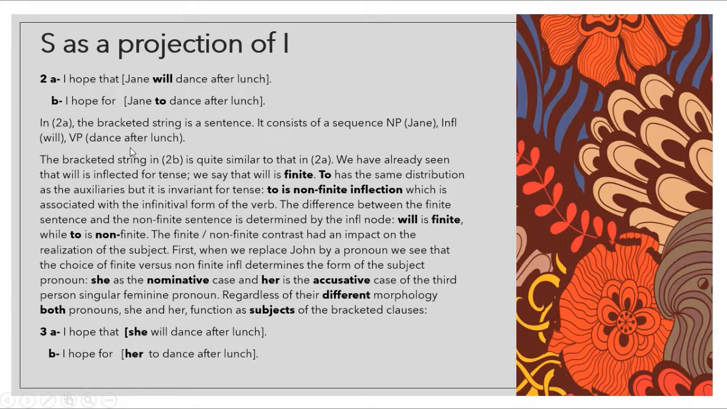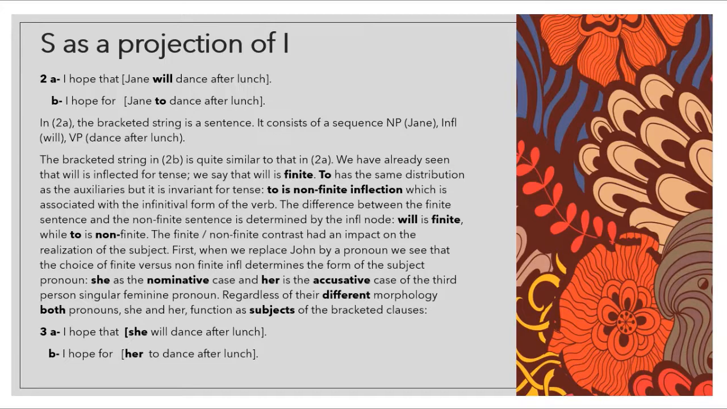بحال quite similar. كما شفنا the two differences هما هنايا هذه عندها will وهذه عندها to، هذه عندها that وهذه عندها for. So we have already seen that will is inflected for tense. Okay, we say that will is finite. To has the same distribution as the auxiliaries, but it is invariant for tense. To is non-finite inflection. So will عندنا it express tense داكشي علاش سميناها finite و okay و to it doesn't,